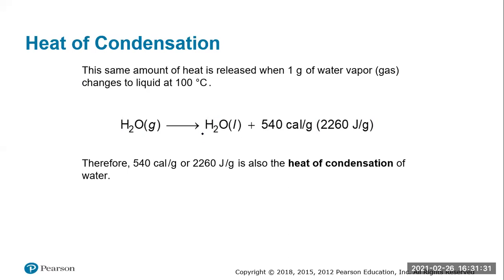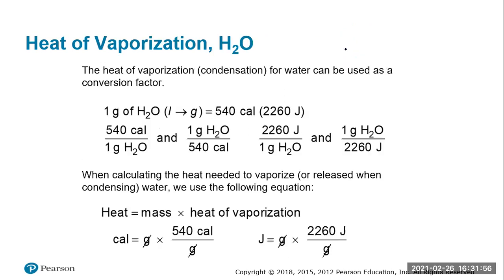And again, it could be positive or negative depending which way you go. Heat of condensation, again, it's the same number, but it would be negative based on what we're talking about. Most of the time, people call it the heat of vaporization rather than the heat of condensation. So this is really the same as the heat of vaporization. And again, you probably should use it as negative going in that direction. So there's our conversions that we could use.